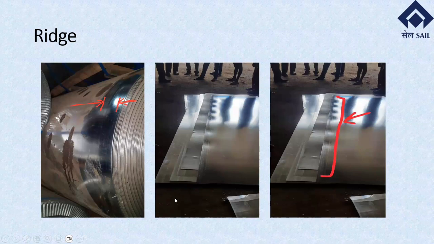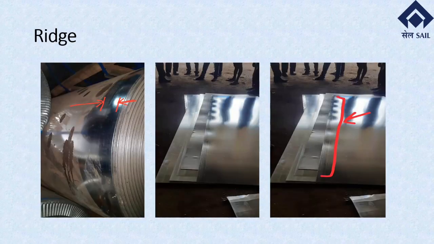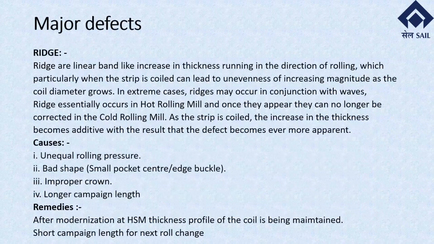So basically we have many diversions. The main diversion for CRM3 is ridge. Now, this is the elaborate description of ridge: we have an increase in thickness in that part, and after coiling, this thickness gets pronounced and we can see a bulge in the side of the rolling. The major causes for this to occur are